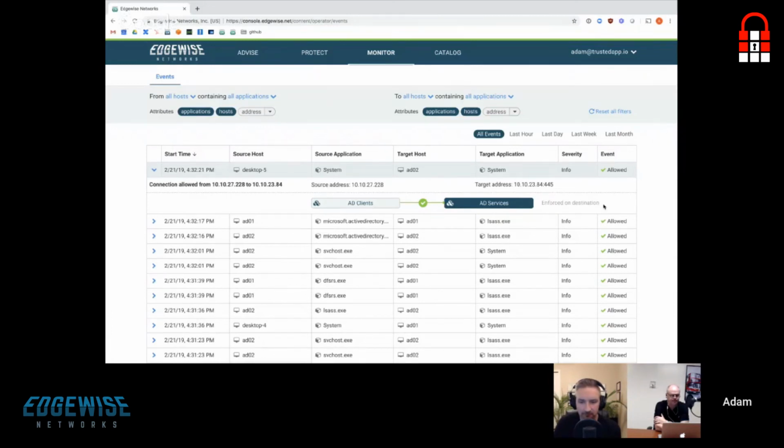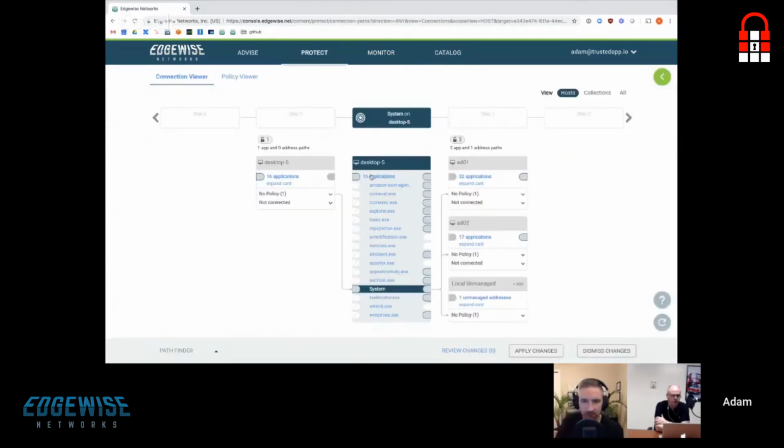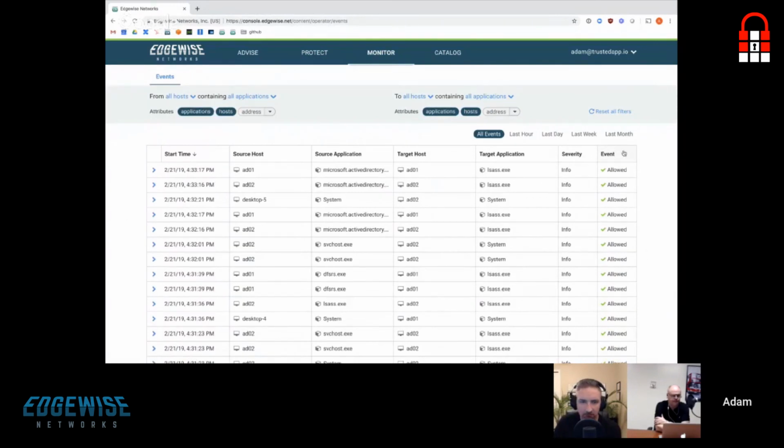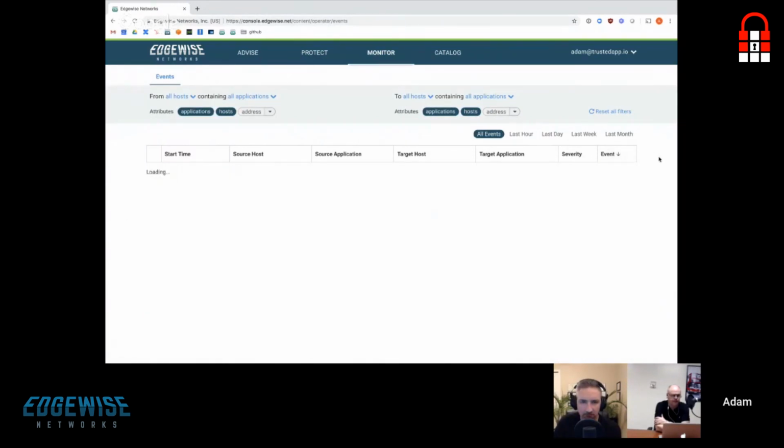So this is a way for us to understand not just, hey, I have a policy or a block occur, and I have to go dig in and find out which policy it was in my hierarchy of all the policies that I have in place across my entire environment. This will simply point out exactly what policy was enforced. So if I need to make a change, I can simply come in here to my diagram and make the change. Now that was an allow. We also do that for blocks.